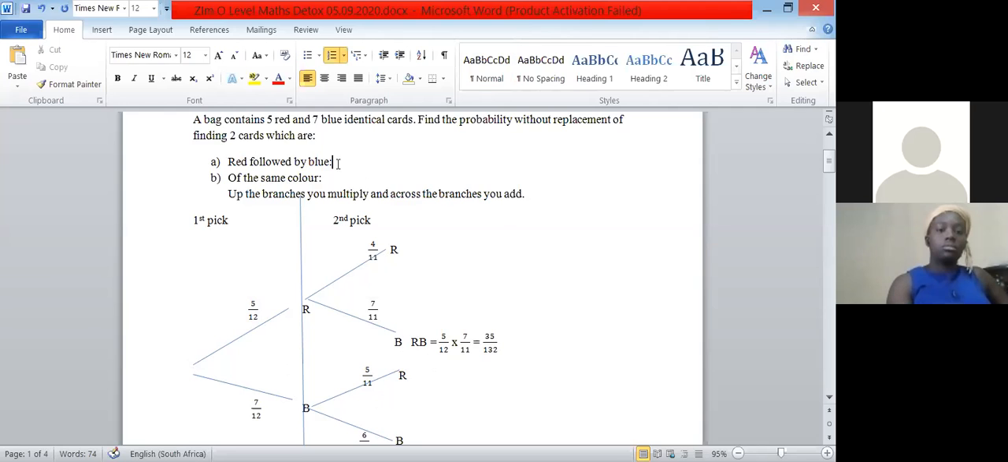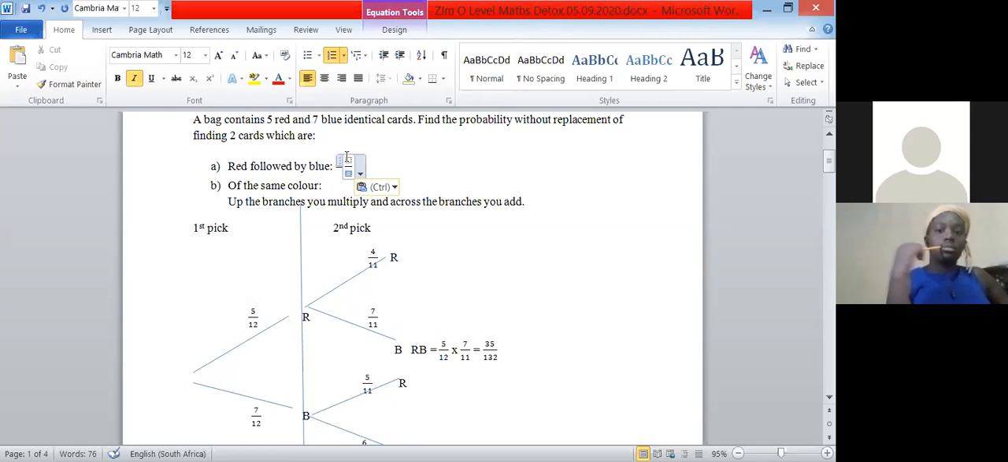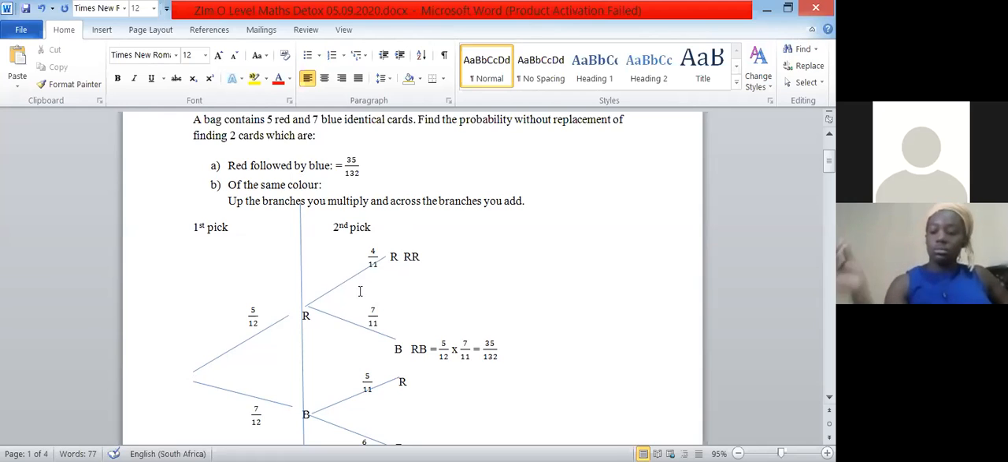So that means our answer here will be equal to 35 over 132. You know how to multiply fractions. I'm assuming you know that. And then of the same color, be of the same color. This one is of the same color. It's red, red, isn't it? There's red, red. So that will be equal to